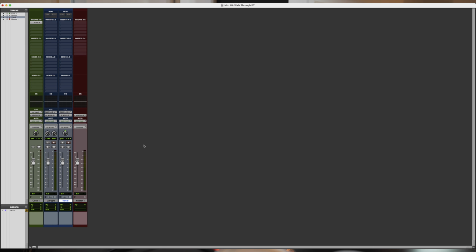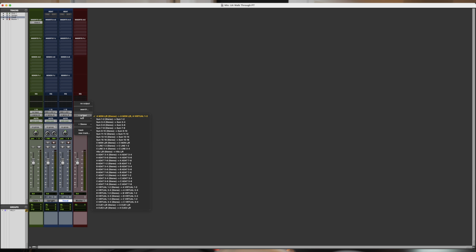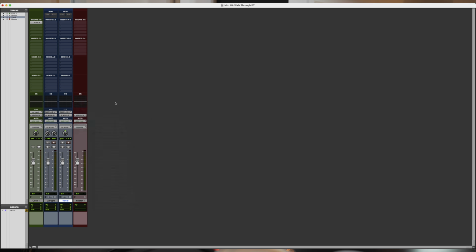And close. You guys will also see now that something has changed here in the outputs in the Pro Tools channel. It says it's being outputted to monitor A left and right and virtual 1 and 2. Even if I open this, you can see now it's being outputted to two things and not only one. It's basically sending the channel twice. Now when I click play,